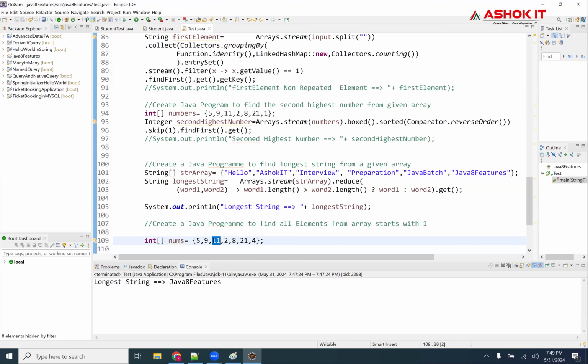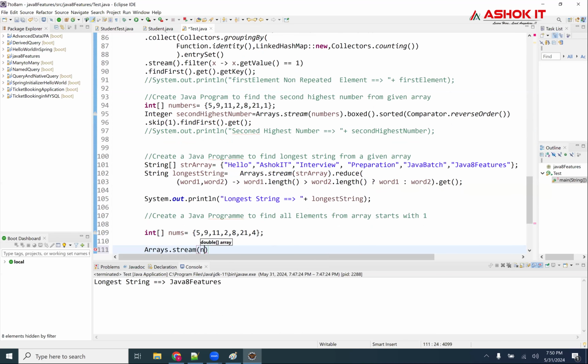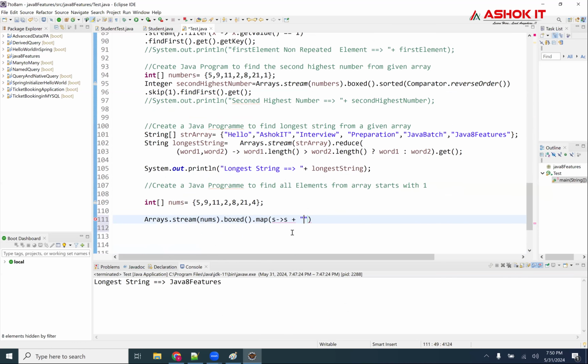Here I can write a filter function directly. So the simple logic: Arrays dot stream of nums dot boxed dot map of, for every number I want to apply a string conversion.